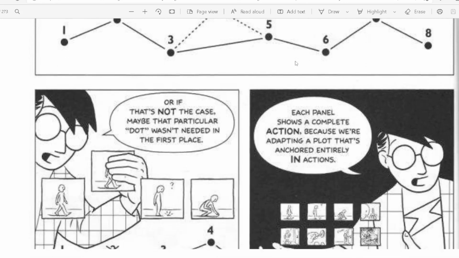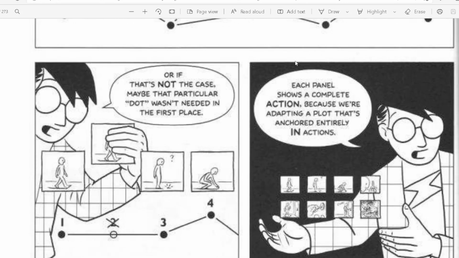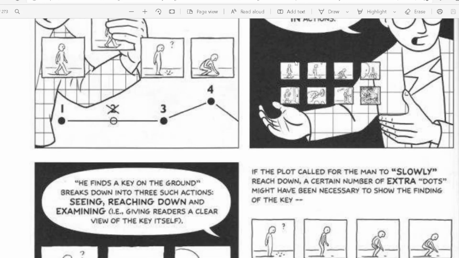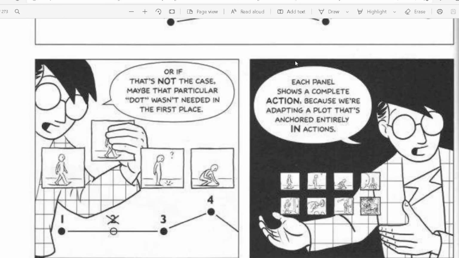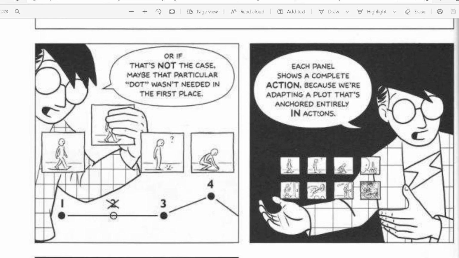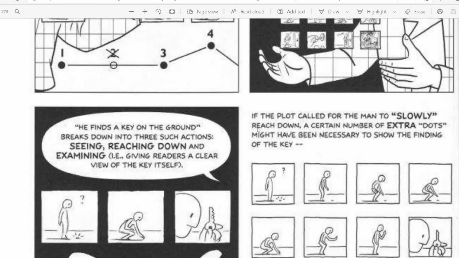Okay, definitely. Or if that's not the case, maybe that particular dot was not needed in the first place. Each panel shows a complete action because we are adapting a plot that's anchored entirely in action.